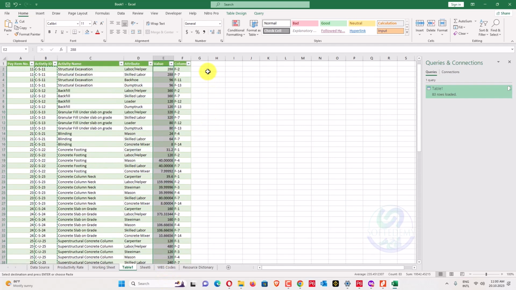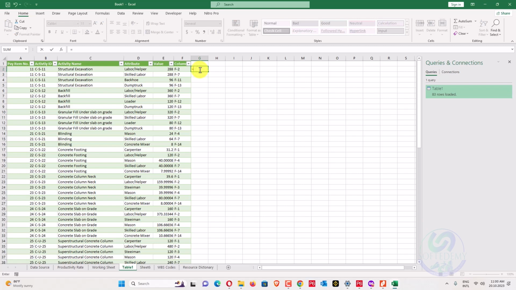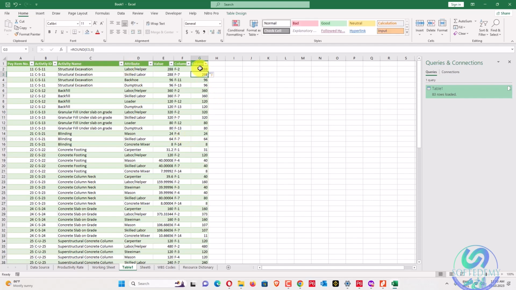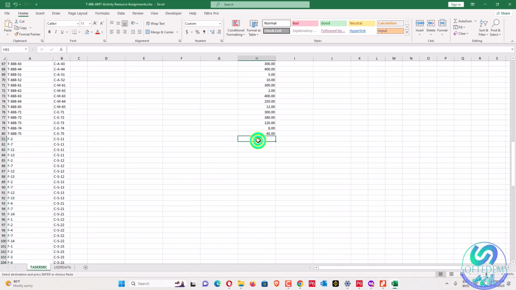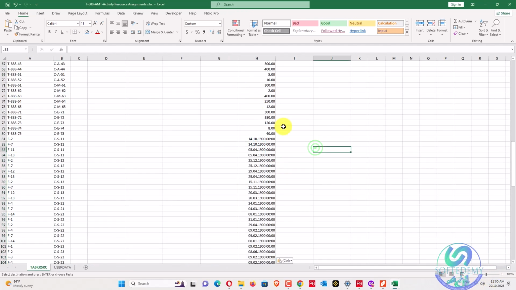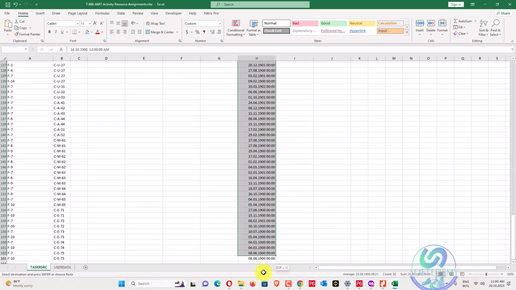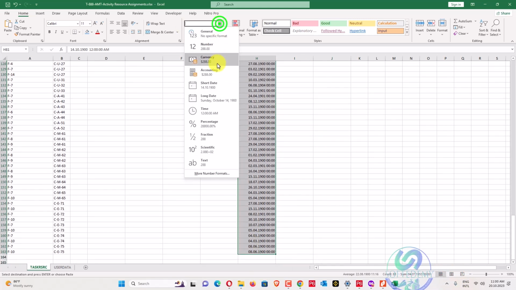We can also round this one, equal to round, this one is A, D, E, 2 to 0. Okay, so we'll copy this and paste here. So we have all our resources, labor, non-labor, material, everything is here.